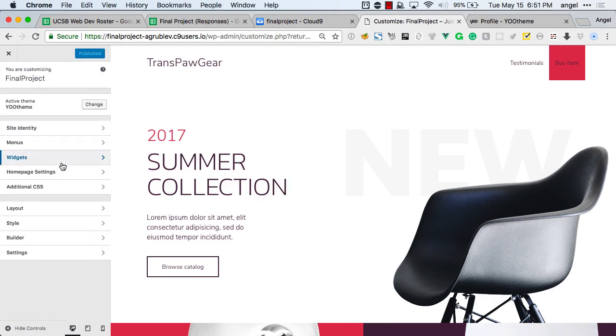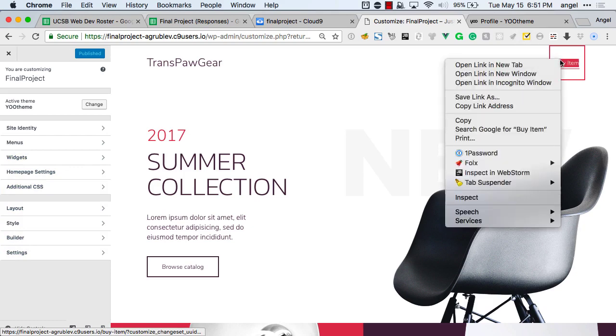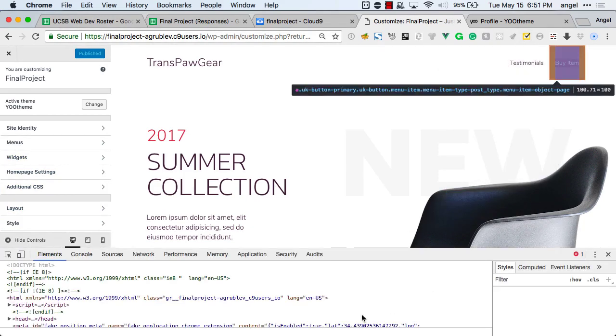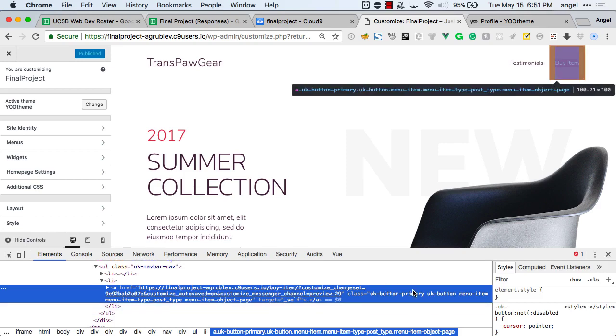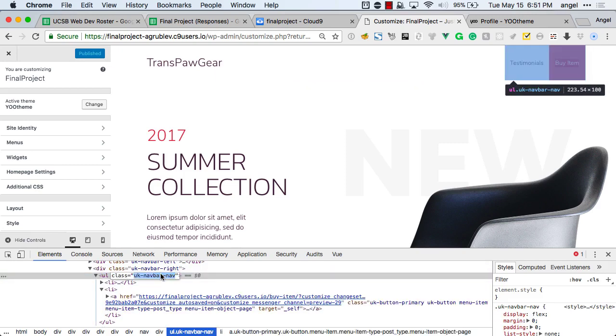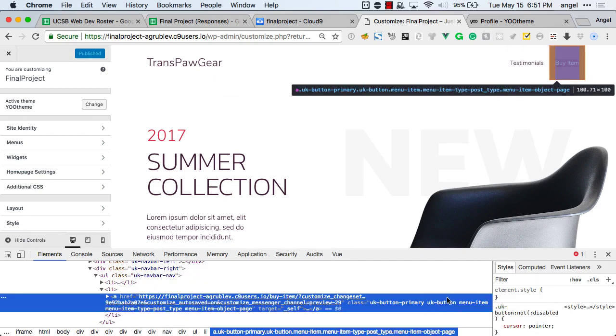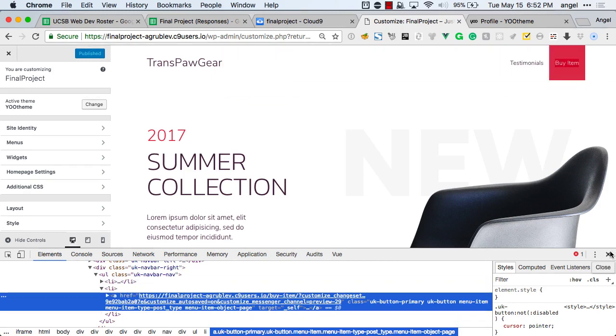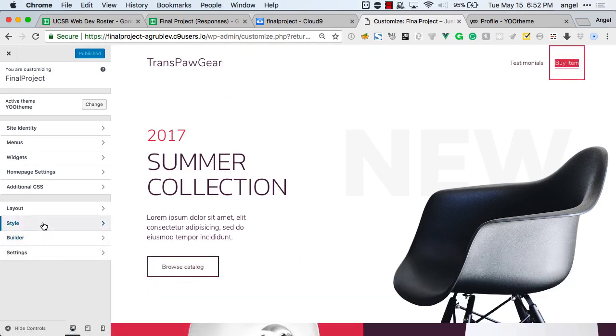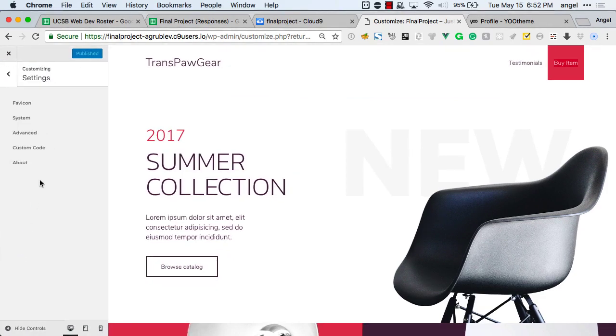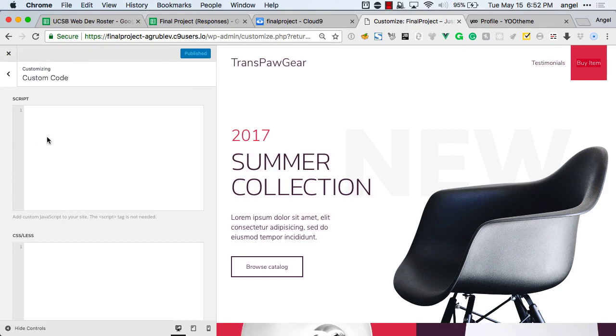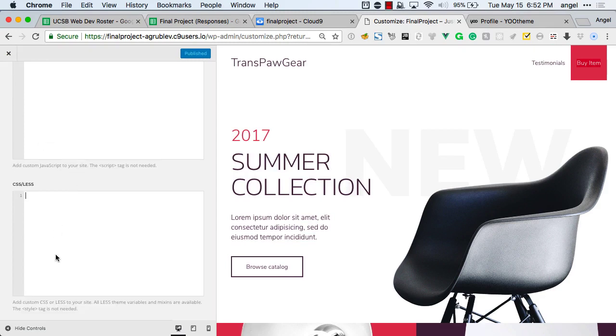Let's publish it. And okay, so this is how you do custom CSS. You can obviously inspect this element, so we can find a way to select it. And what we're going to find is that it's inside of the UK navbar, and it's a UK button that we actually added ourselves. So that's all I need to know. Then I can go to, let's see here, settings, and then you do custom code. In custom code, we can add JavaScript or CSS, and even better, Less. Remember when we saw Less? You could actually use Less in there. It's really, really rad. So let's select that button